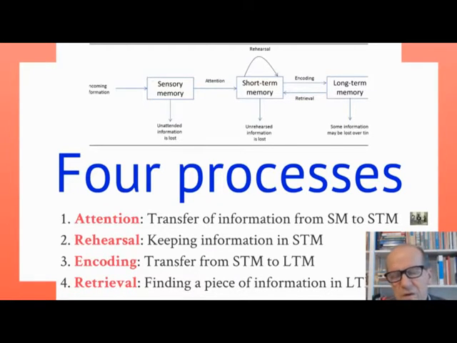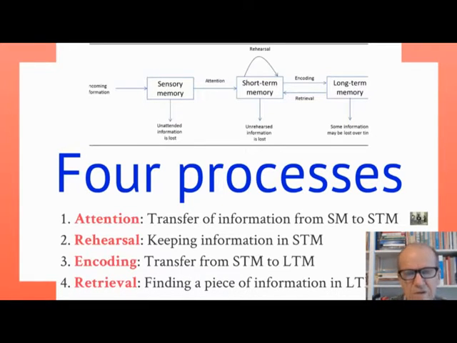So the retrieval processes are also vulnerable when people get older and older. And the way information is organized during the process of encoding, of course, also determines the way it is being